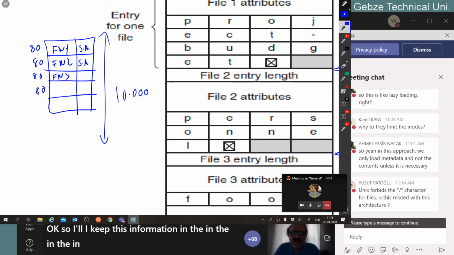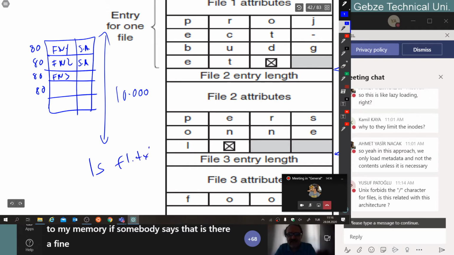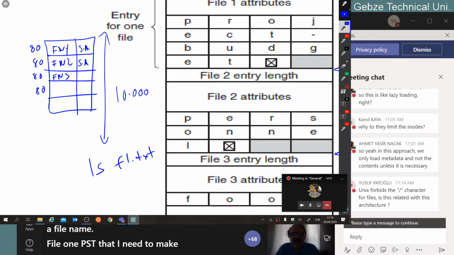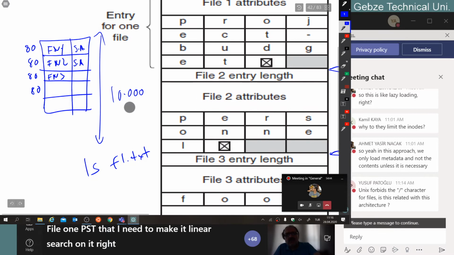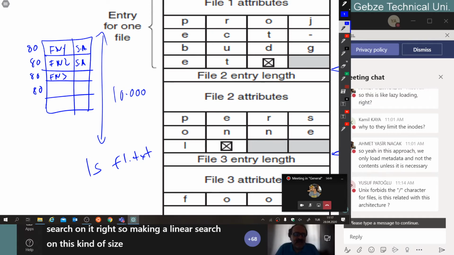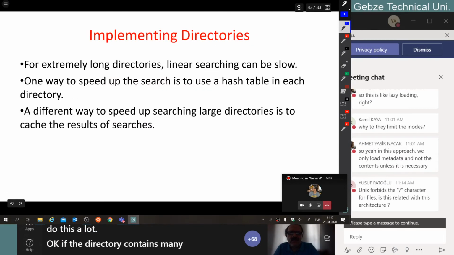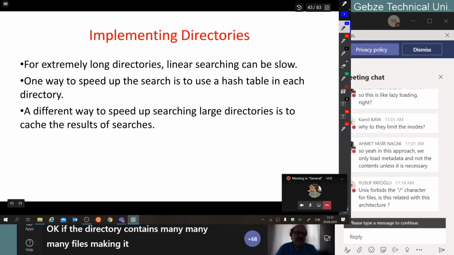When I load this directory to my memory, if somebody says, is there a file named file1.txt, then I need to make a linear search on it, right? So making a linear search on this kind of size sometimes is expensive if I do this a lot. Okay, if the directory contains many files, making a search on it can be slow because it's an O(n)